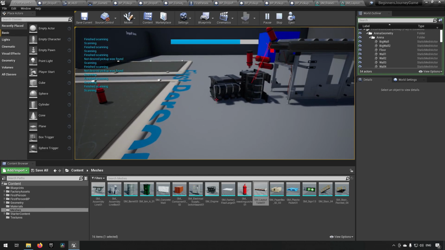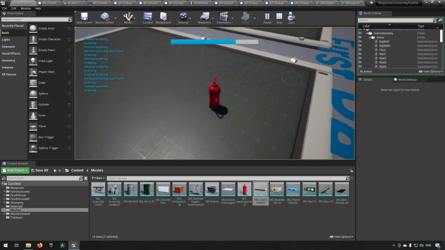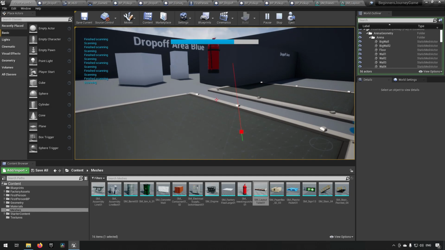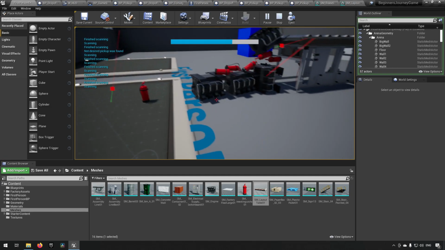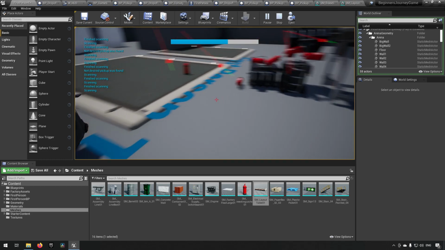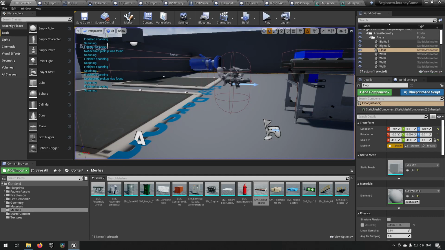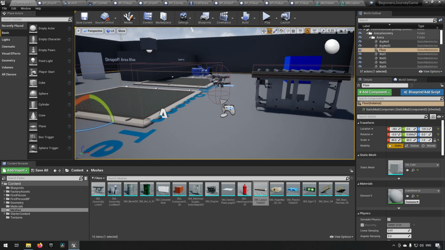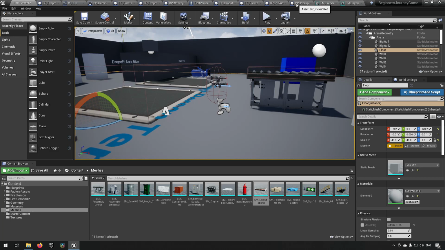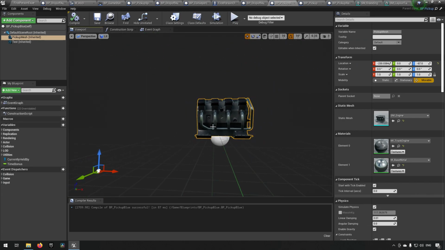Another of the issues that we get is that when we pick up the engine, it's going to be more clear. When we pick up the fire extinguisher, it looks like, okay, we get it where we expect it to be. But when we pick up an engine, it sort of disappears, but it doesn't really disappear. You can see it in the left there. It's going to be slightly offset. And this has to do with the fact that we moved our object around in our pickup blue. There we go. In this one we have actually moved it around the inside of this area,